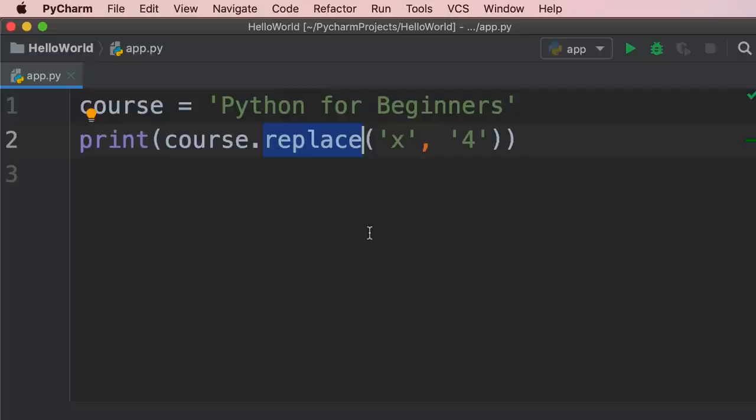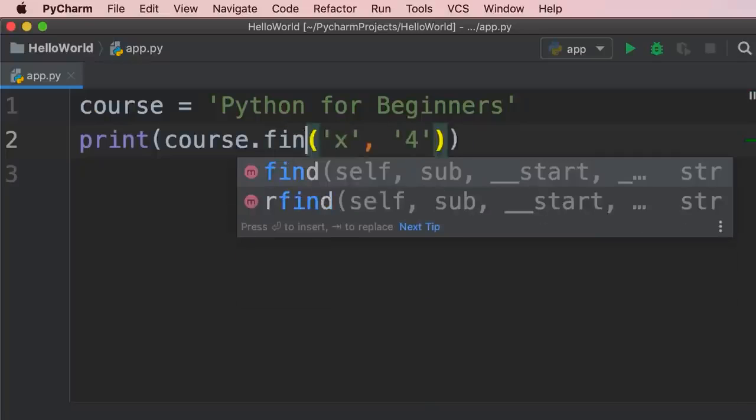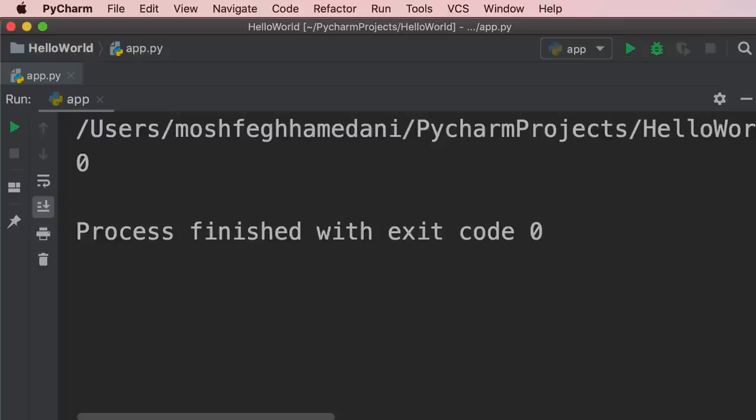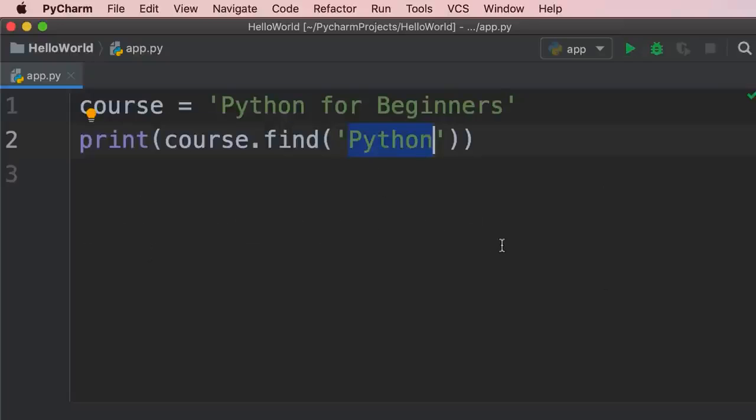Now, one last thing I want to cover in this tutorial. There are times you want to see if your string contains a character or a sequence of characters. One way to do that is using the find method that we talked about. So let's see if our string contains Python. Now, when we run this program, that is the index of the first occurrence of the word Python in our